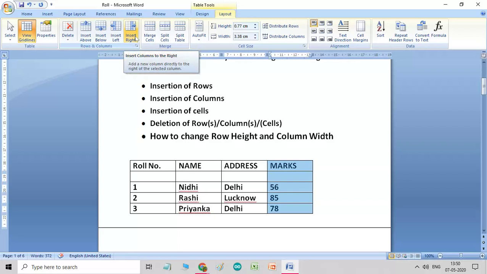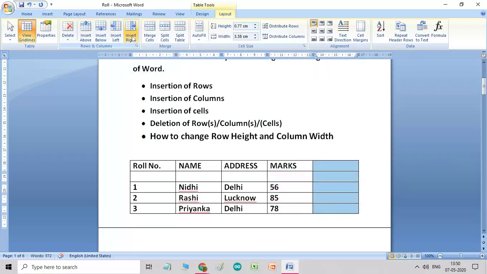According to your need, you can insert. Suppose I am taking right. So I will click on Insert Right. A new column will be inserted in the table as per the option selected. So this way you have learned this.